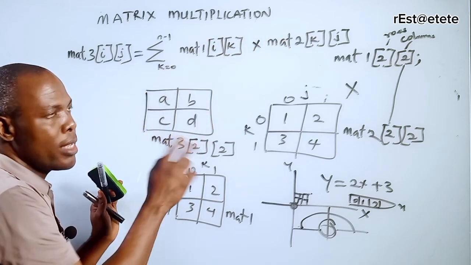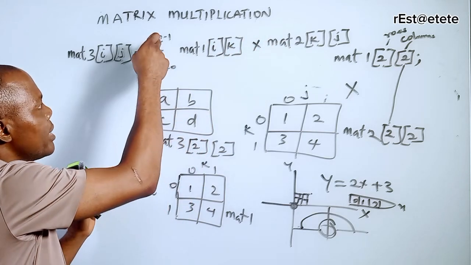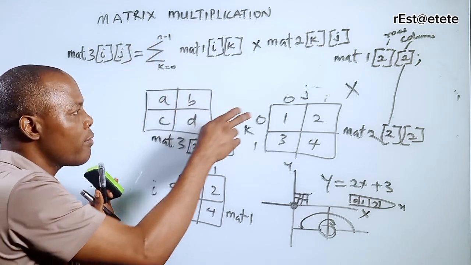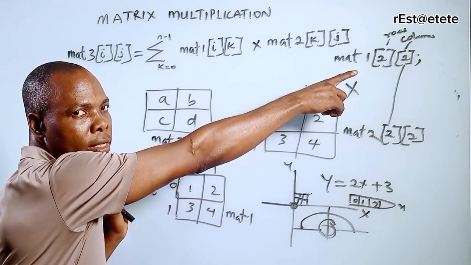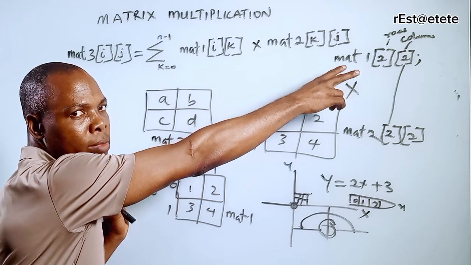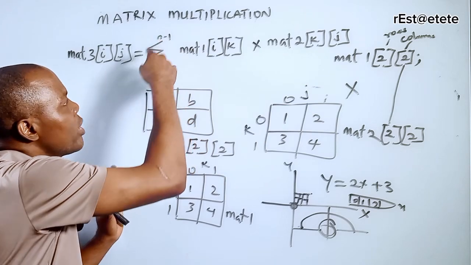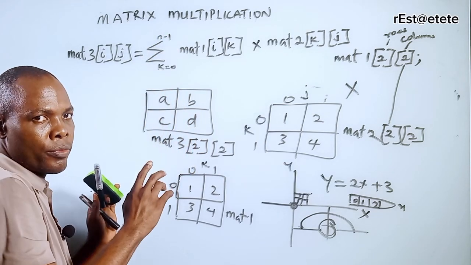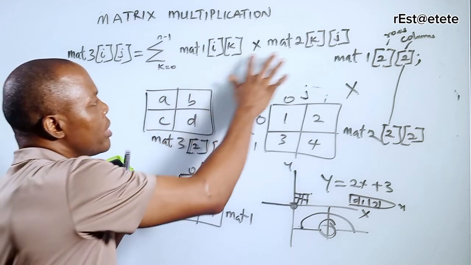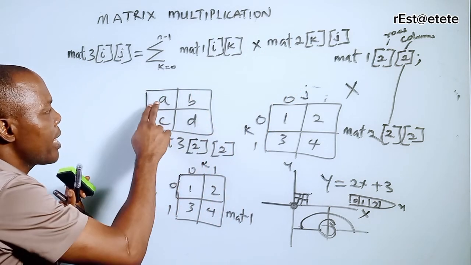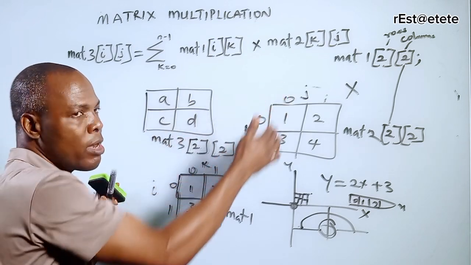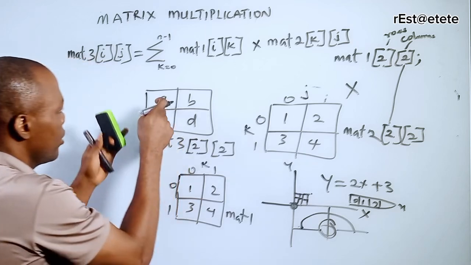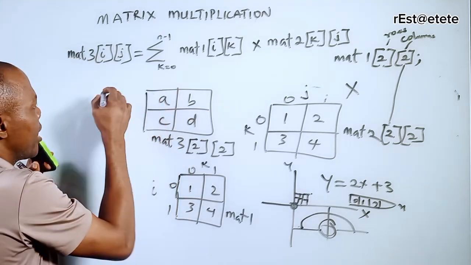So how do we do this? Using this formula. This is the sum, and this n minus 1 is the number of rows or columns. In this case it is a 2 by 2, so n is 2 and n minus 1 becomes 1. And then you are starting k from 0. So let's do this calculation. If the number of rows must be equal to the number of columns, it means that to find this A,